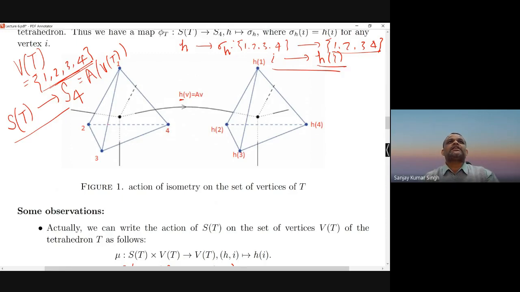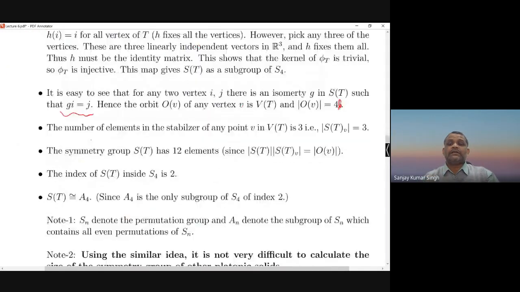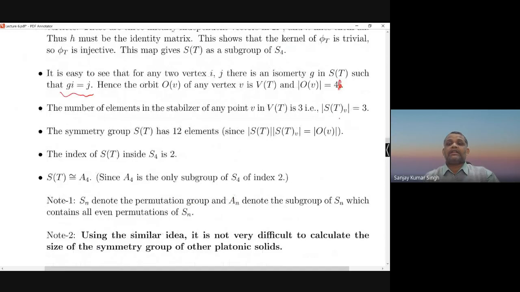And it means basically all isometries of this equilateral triangle, and which is rotational because you cannot apply reflection. So it means that it will be exactly 3, and hence the stabilizer of any point has cardinality 3.